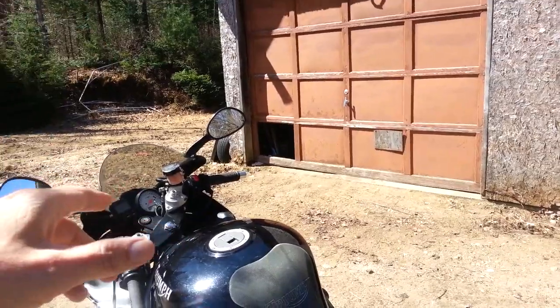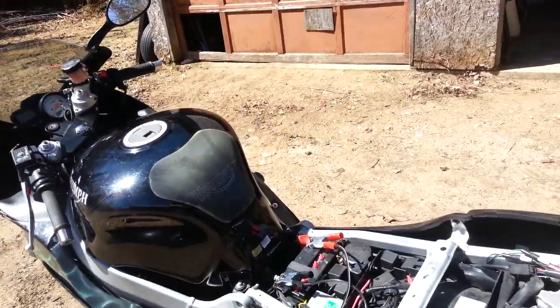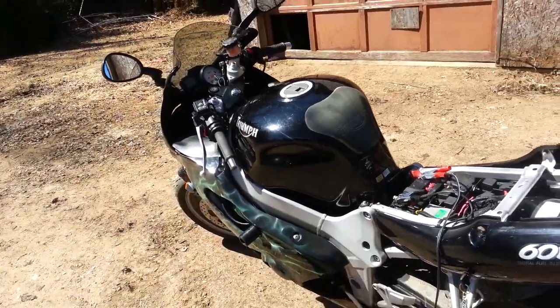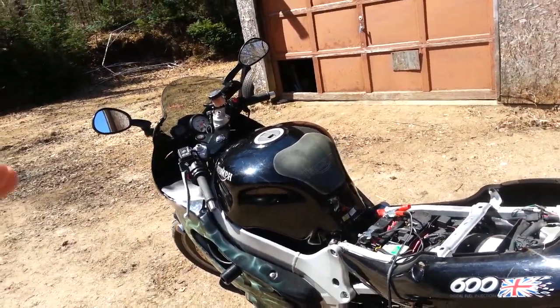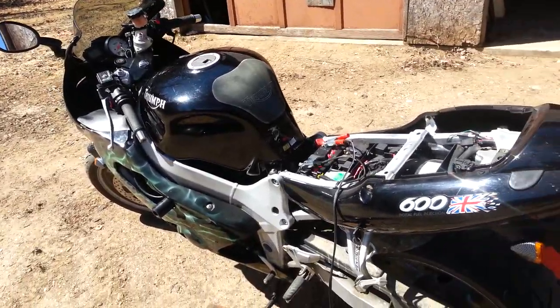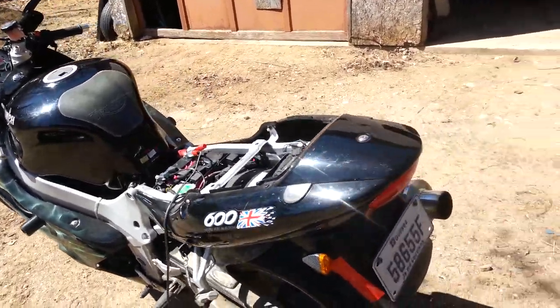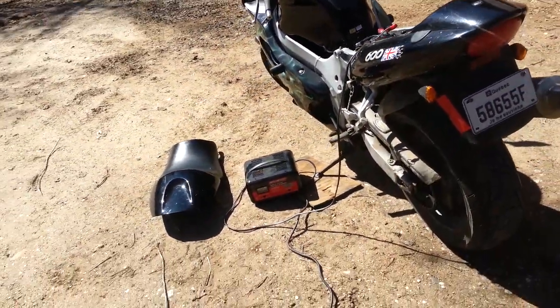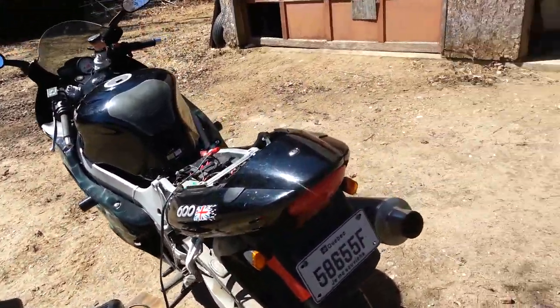if you flood the bike right away, it's only a lead acid battery. I only paid $85 for this battery, and on this bike, if the battery gets below a certain point, you got no electronics whatsoever. I guess it's a safety, so you don't completely burn out the battery. So I got the charger on there. I'll leave it on there for about 10 minutes, and hopefully that'll be enough to start